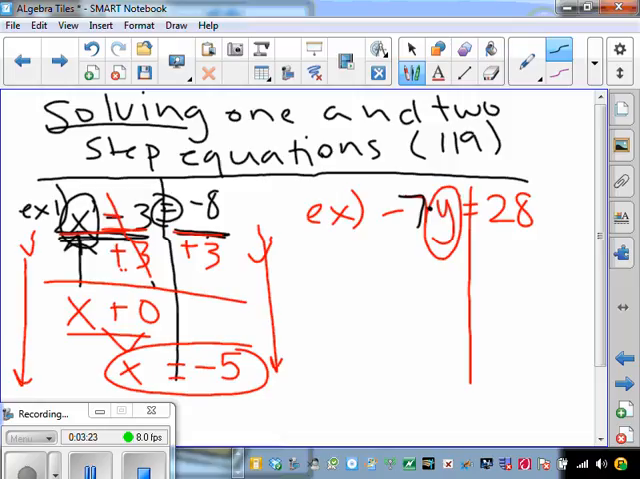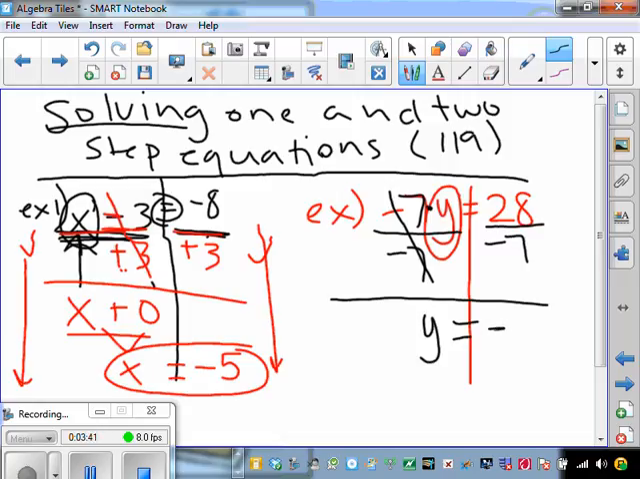So how do we get rid of that negative 7? Well, the opposite of times is divide. So we're going to divide by what we want to get rid of, which is negative 7. What we do to this side, we have to do to this side. Keep it balanced. What are we left with? Y is equal to negative 4. And so that is one step